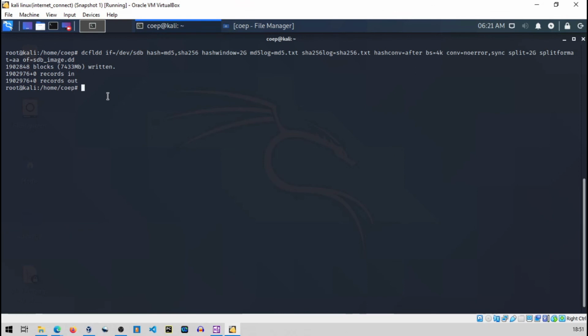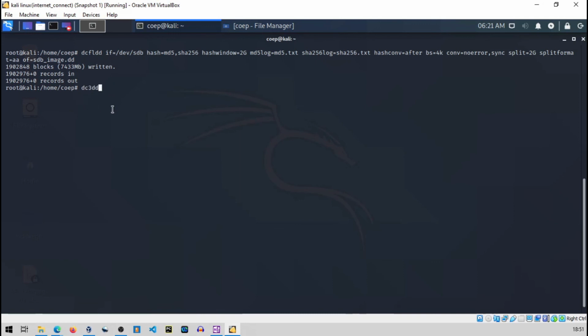Now I will show you dc3dd. This command and the previous command are basically the same, but dc3dd is based on the newer version of the dd command.